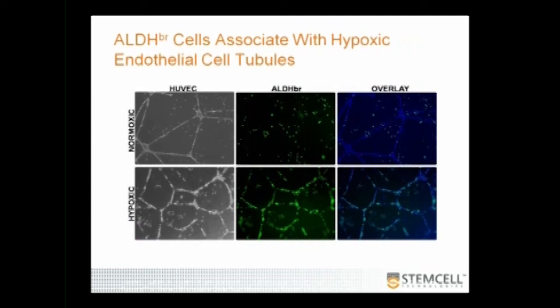So what could some of the paracrine effects of ALDH bright cells be? And we'll focus here on some of the work that the Aldehyde group has done looking at angiogenesis as an example. Here's one set of pictures that make it. In this picture, ALDH bright cells have been labeled with a cytoplasmic label. They're green. It's not with ALDEFLUOR. And what they've done is mixed them in a culture with HUVEC cells. These are the HUVEC cells that form these